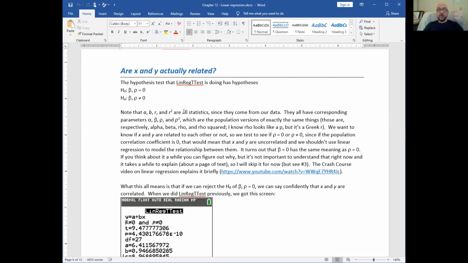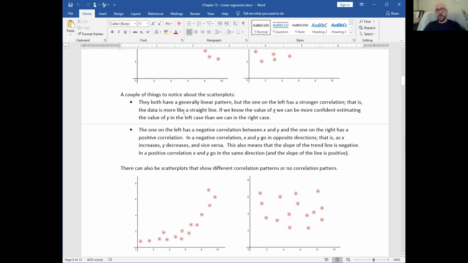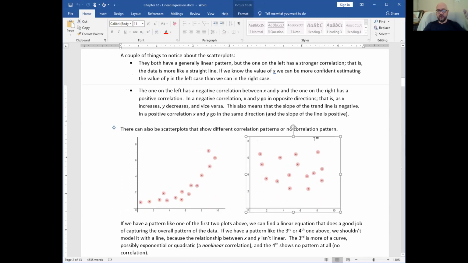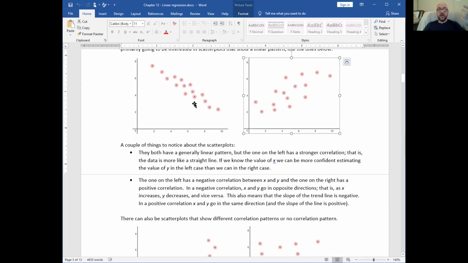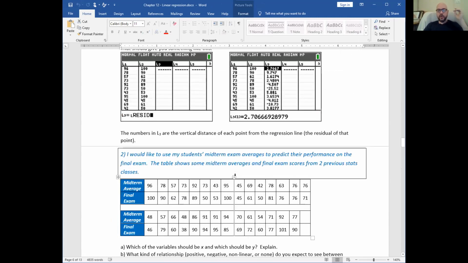So R equals 0 or rho equals 0 means uncorrelated, right? That was this guy right here. This has a correlation coefficient that's very near 0 because X and Y are not related, whereas these guys have correlation coefficients nearer to 1 or -1 because they are correlated. So that's the test that we're doing. What we're looking for here is